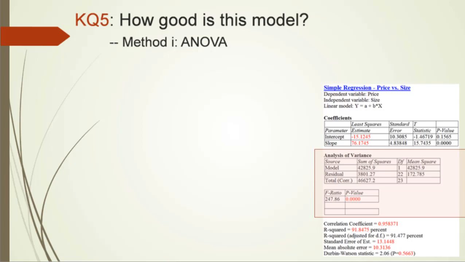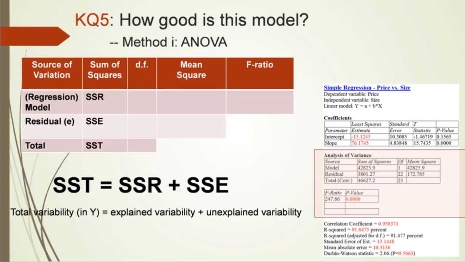This ANOVA table is similar but not identical to the ANOVA table for multiple mean comparison. Let's start off by setting up the ANOVA table for linear regression first. This is again an analysis of variance, so we would like to partition the total variability into 2 sources. The total variability, or SST, here refers to the total variability of variation in the dependent variable y. It can be divided into 2 sources.